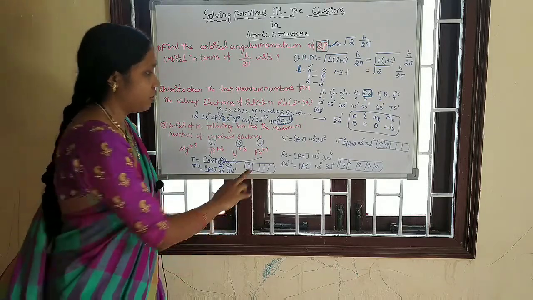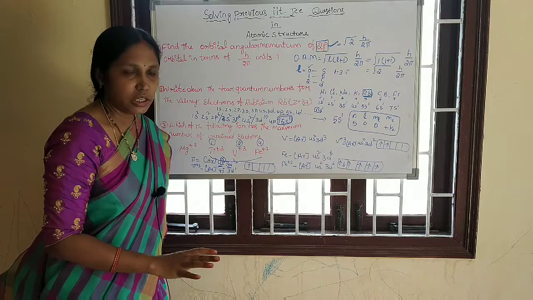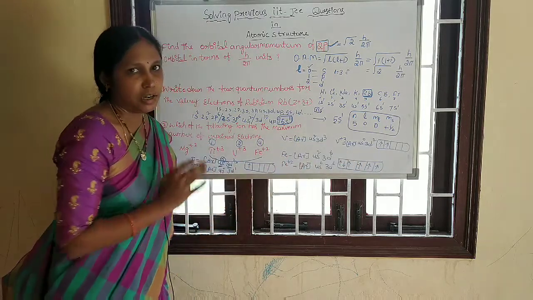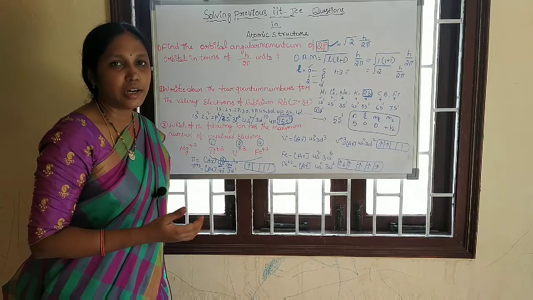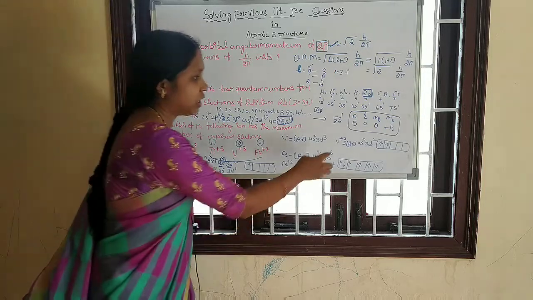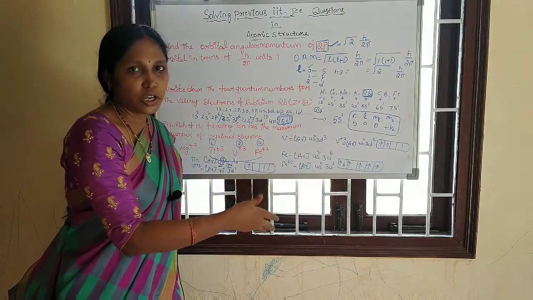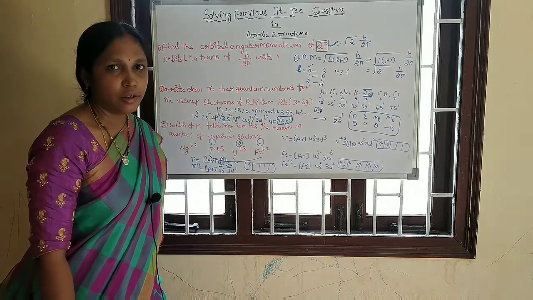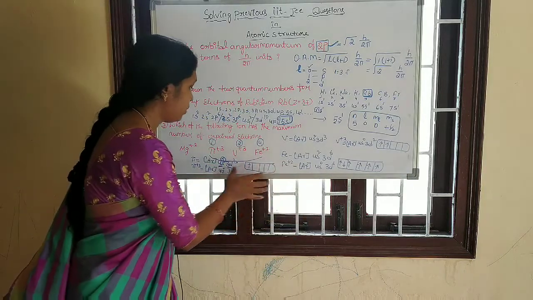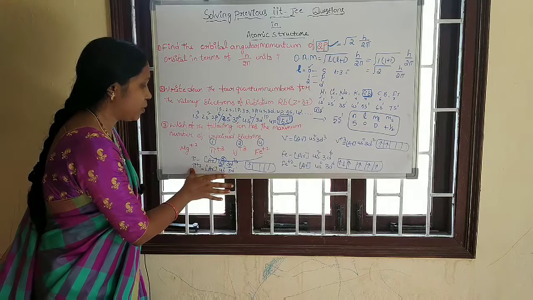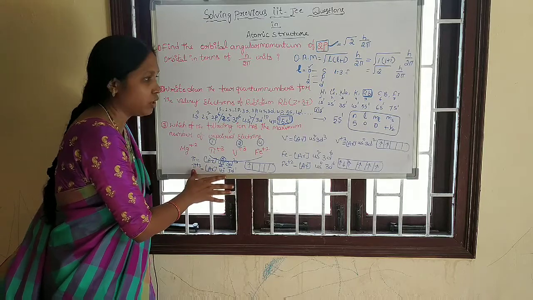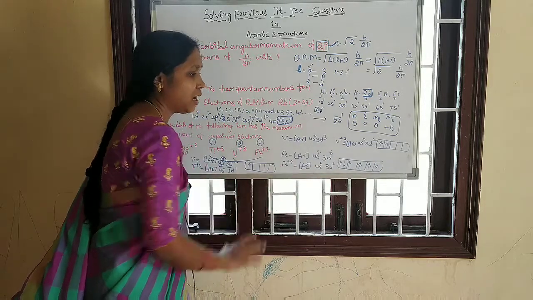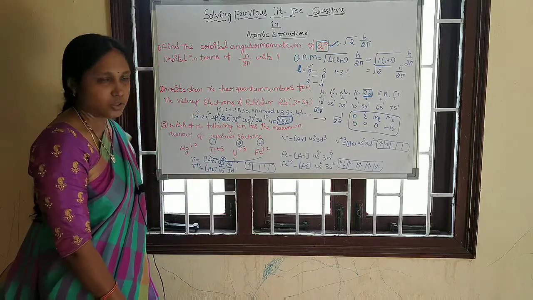First write down the configuration, and write down the configuration for the ion. If we give an ion and ask for the unpaired electrons, in that case write down the ion configuration, and after that write down the electron filling. Okay. So like that, titanium Ti plus 3 has 1 unpaired electron, vanadium has 2 unpaired electrons, and iron has 4 unpaired electrons.